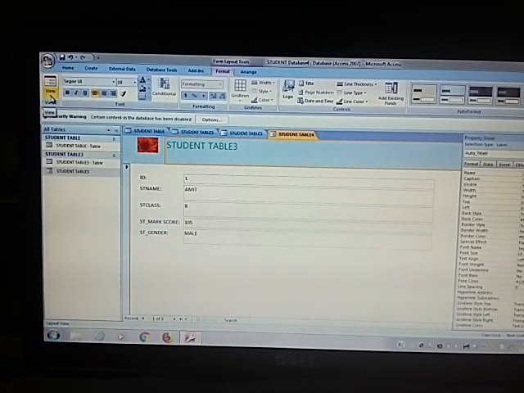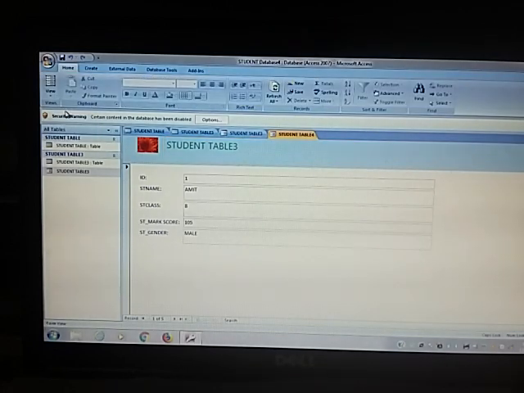That means when you complete your work and you want to check the record, then click on the preview button. This is the preview of the form. So go to the form view and you can check your preview of the forms.